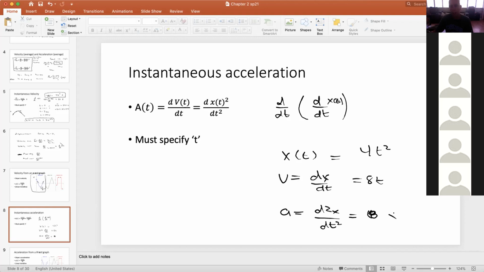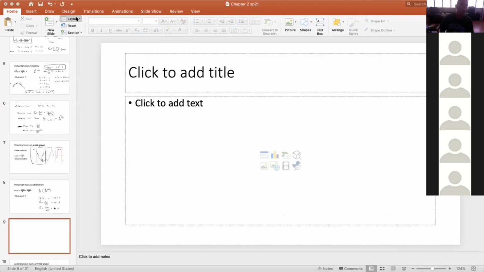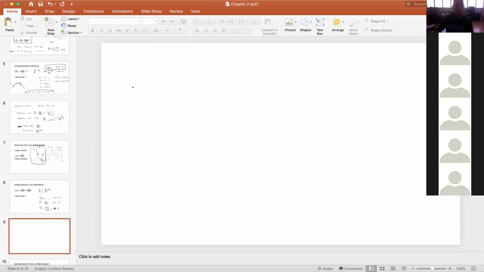Okay, and these were in the x hat, as we said, because they are actually vectors. So what this means in this particular function is that the acceleration is constant. And that's something really big to understand here. If v is constant,